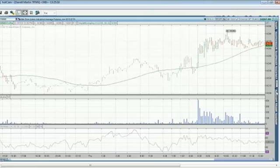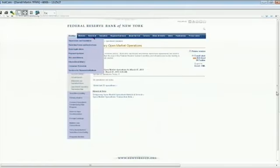One edge it gives you is it lets you know, hey, let's not short when the Fed is buying. And so today, I didn't take the shorts. I actually had a short trade plan for today based on seasonality. I didn't take it simply because the Fed was doing some bond purchases. And you can see right here, they went in and did over $3 billion. Well, what do they normally do? Right here you can see they normally do like $1 billion or so a day, versus 2, 3, 4 or 5 billion they do on some days. Those are the days that you really want to look at